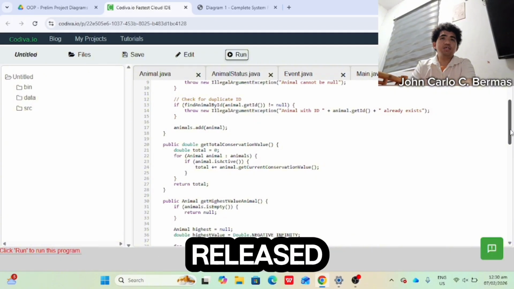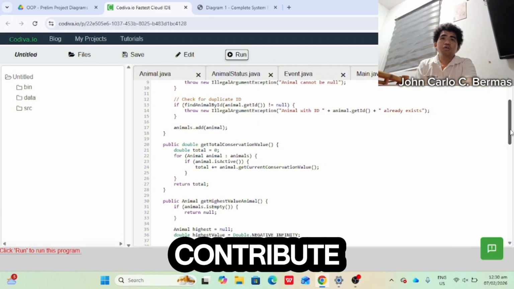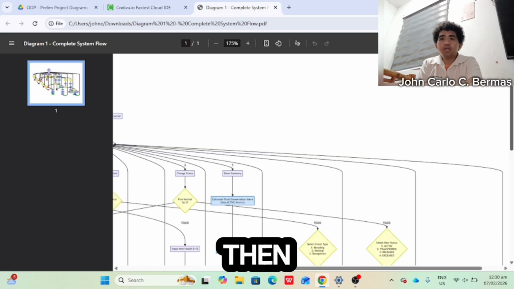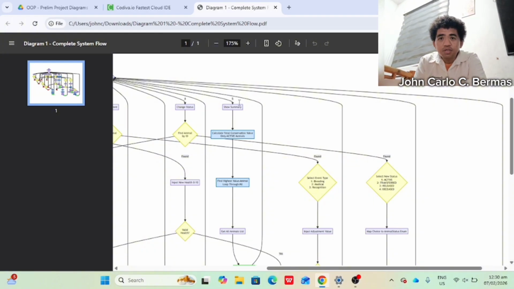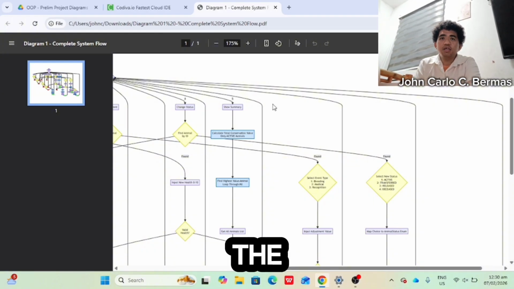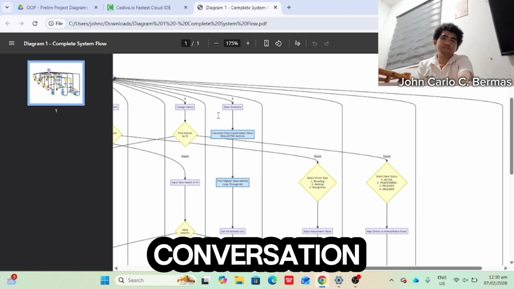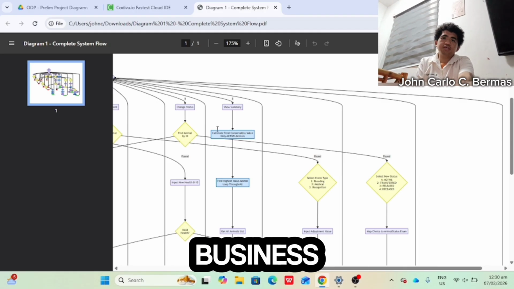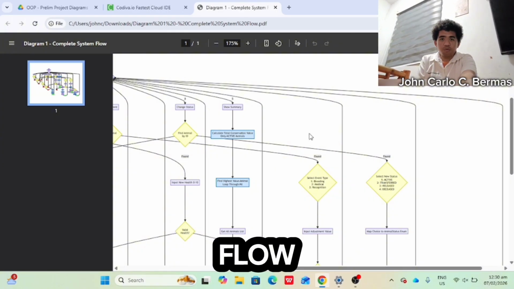Transferred, released, or deceased animals don't contribute to the sanctuary's current value. Then the calculate total box. The diagram shows this clearly: to calculate the total conservation value, only active animals count. It's a business rule, so get it right.